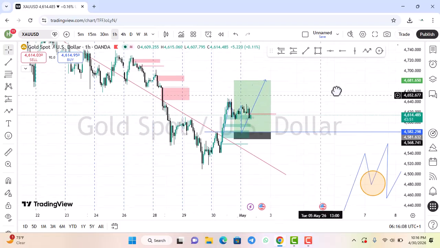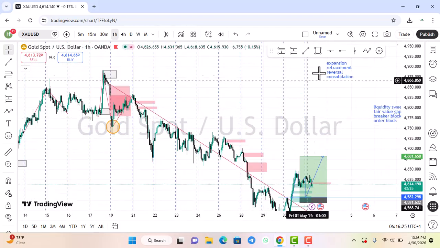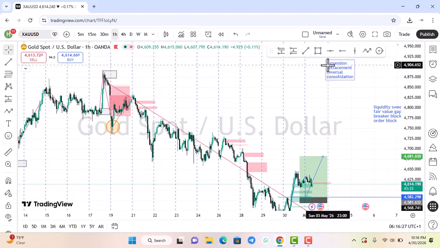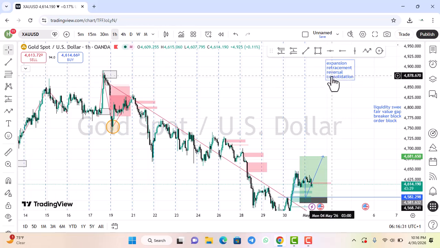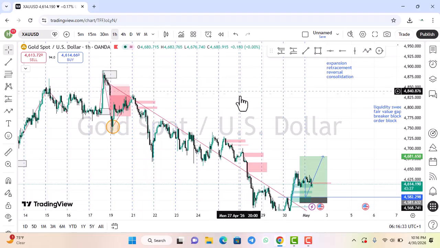understand retracement very well. So we've covered expansion, reversal, retracement. The next thing is consolidation, right? So we're going to stop